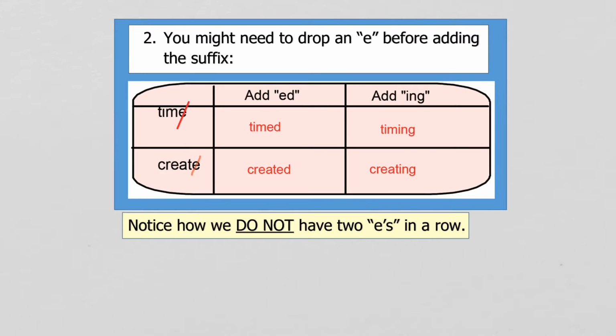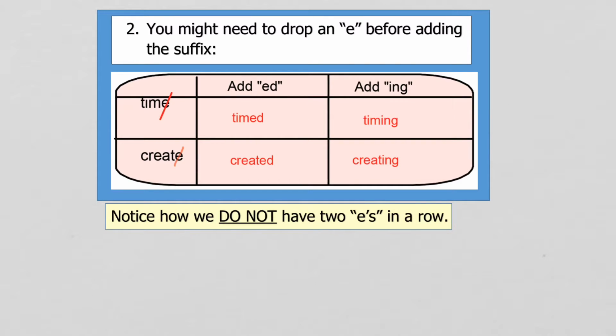Now, number two, you might need to drop an e before adding the suffix. In other words, you're not going to have two e's in a row, right? Let's look at some examples here. We've got the root word time, T-I-M-E. Well, before we can add ed or ing, we need to drop the e. So you can imagine that you're crossing it off, which is what I've done here on the left. So that when we write out the new words, right, let's say we write out the word timed, we